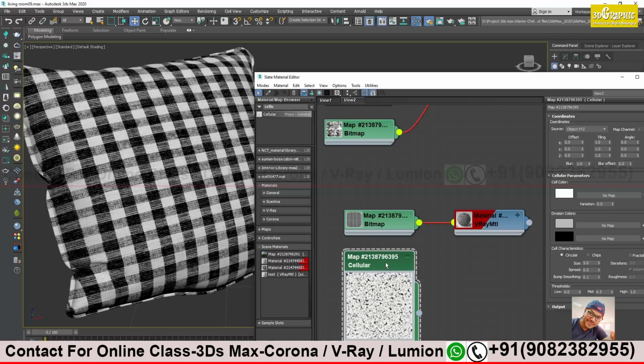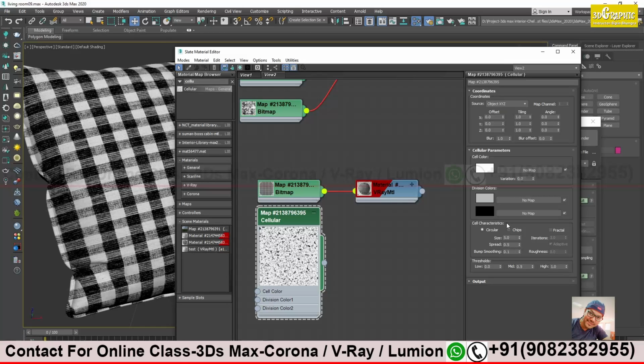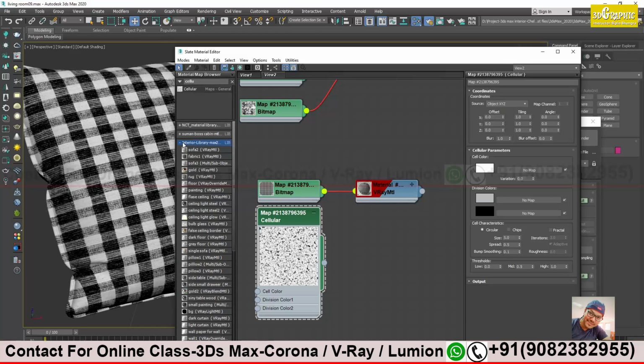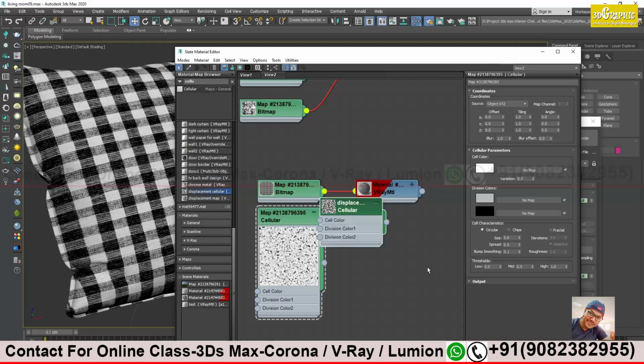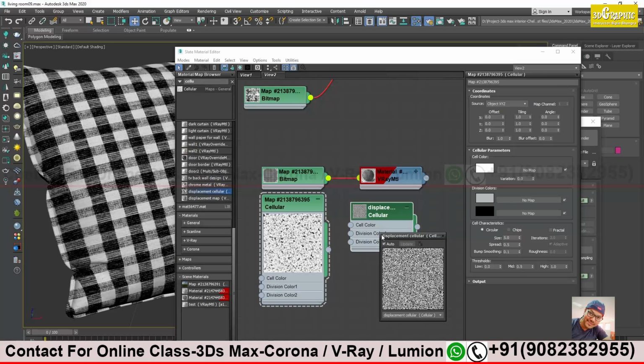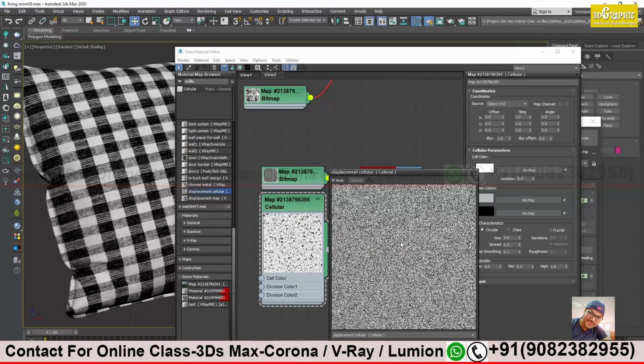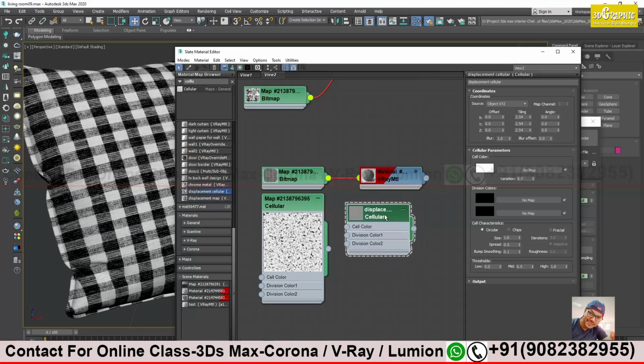It has some parameters, some settings over here. So I have saved those. Just 1 second. I will open the one which I have used, this cellular. I will open the preview. This I have used for my rug. You see the small black and white dots? It will give a very nice bumpy effect, like something woolen. For the rug and all, I have used this one. So I will just send you this, or I will just copy the properties.